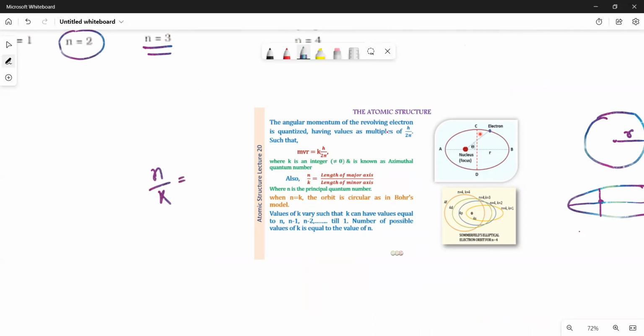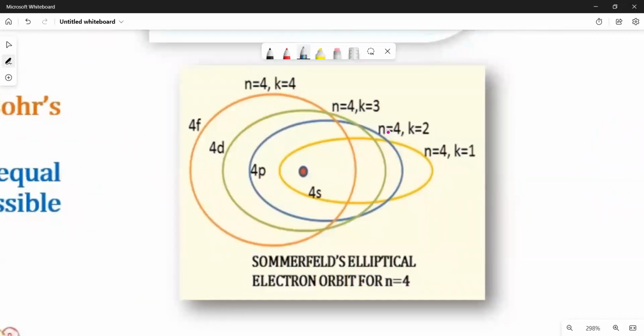তো যদি এই n বাই k, এটা হচ্ছে n_r + k বাই k। এর n_r এর ভ্যালুটা যদি 0 হয়, এটা হচ্ছে রেডিয়াল কোয়ান্টাম নাম্বার, এটা হচ্ছে অ্যাজিমুথাল কোয়ান্টাম নাম্বার, তখন k বাই k হয়ে যায়। তো সেই ক্ষেত্রে যদি এই দুটোর রেশিও 1 হয়, সেটা হচ্ছে একটা স্পেশাল কন্ডিশন। মানে ইলিপসের দুটো অ্যাক্সিসের রেশিও যদি 1 হয়, তবেই সেই ইলিপসটা কিন্তু গোল হয়। ঠিক আছে? এখানে যেমন এটাকে একটু বড় করে দেখলে দেখতে পাবি যে n = 4, k = 4, তাহলে এখানে n বাই k কত হচ্ছে, 4 বাই 4, এটা অ্যাকচুয়ালি জুম করেছি বলে এত বড় দেখাচ্ছে, 4/4, তার মানে 1।